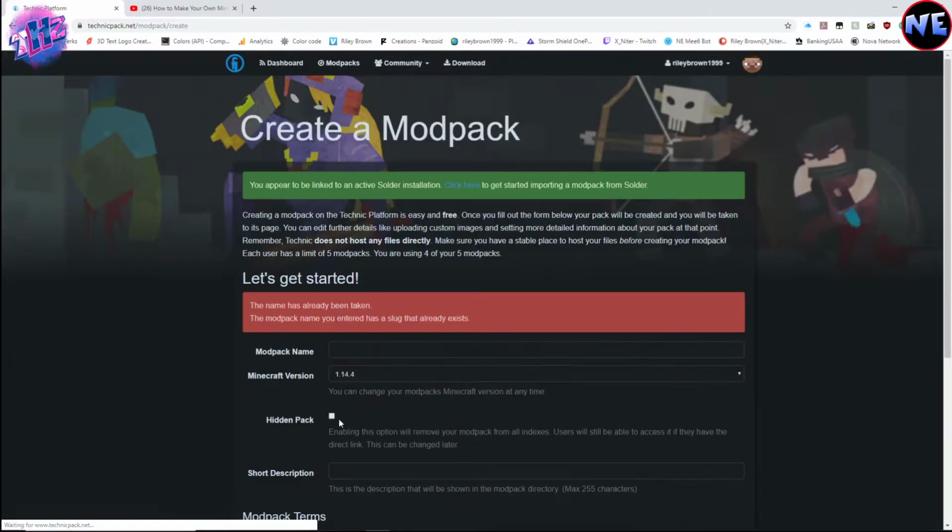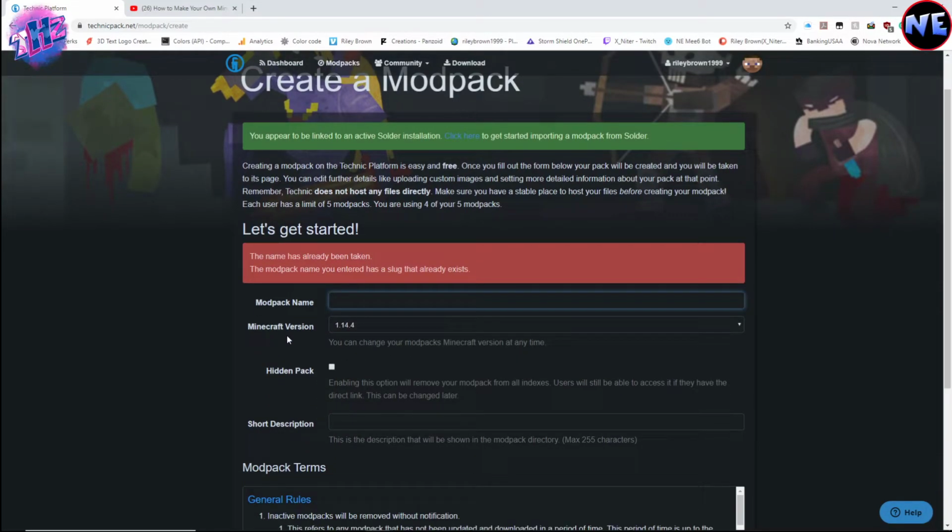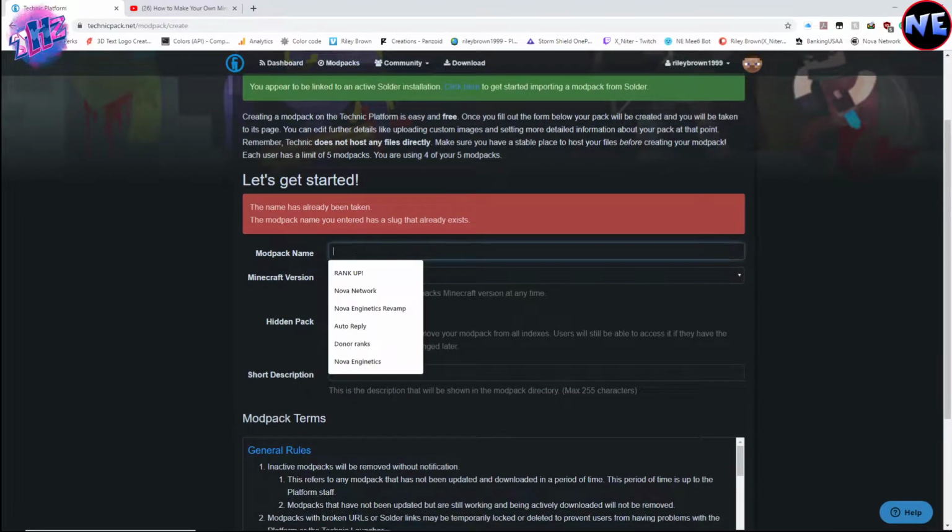Create a modpack. This name has already been taken. This modpack name you entered has a slug that already exists. So, it also says you appear to be linked to an active Solder installation. That's because I am, but I'm going to try to do this with a Dropbox version. So modpack name,